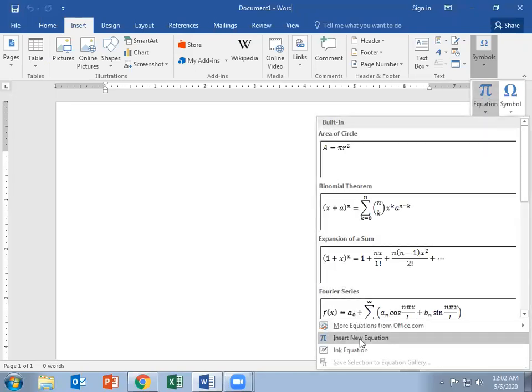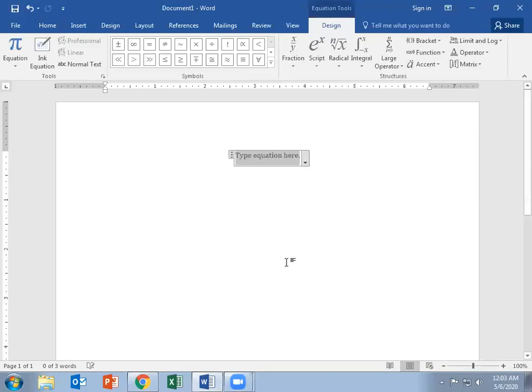Then I want to insert a new equation. I'll provide you a separate tutorial on how to create different types of equations on Microsoft Word in coming days.